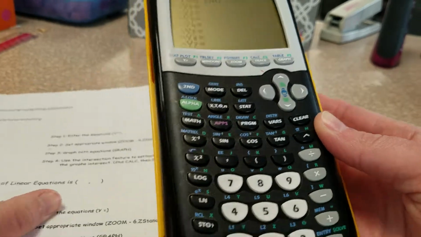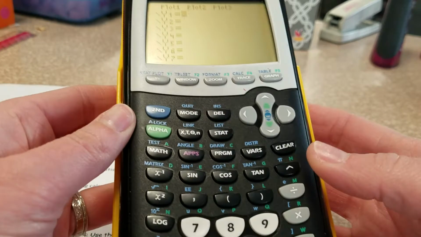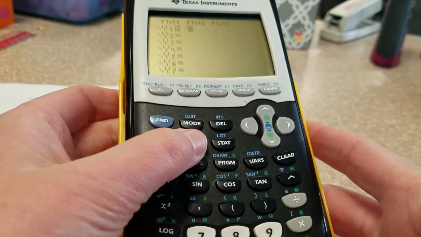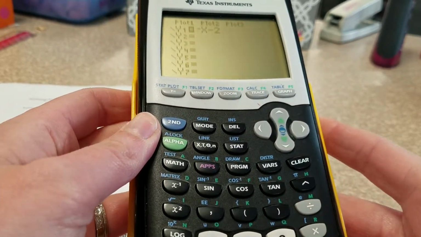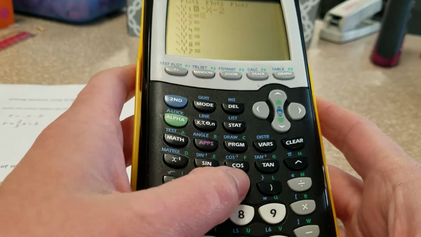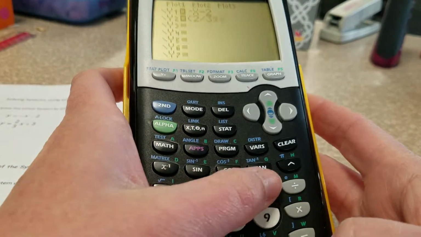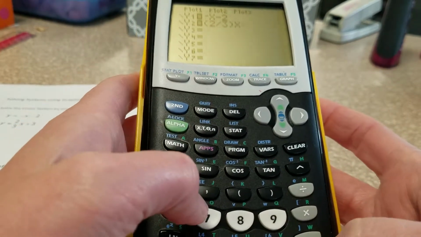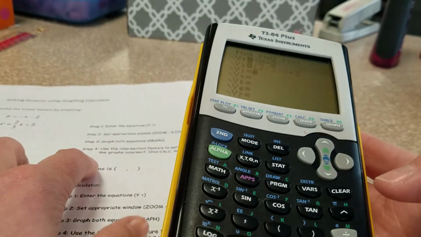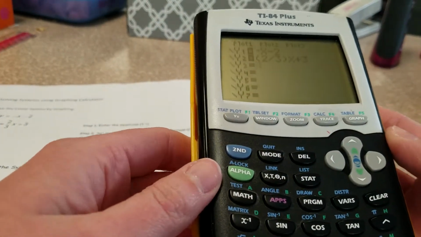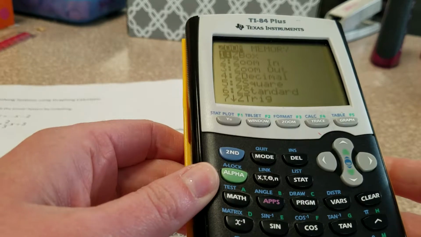So our first equation here is negative x minus 2. So negative x minus 2. Go ahead, hit enter. We're going to type in 2/3, and we're going to put that in parentheses as a division problem, x plus 3. Hit enter. What you can do then is hit zoom, and 6,